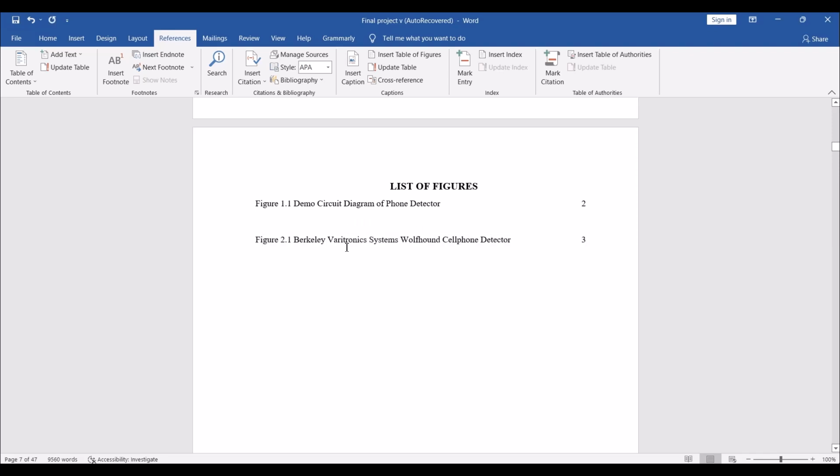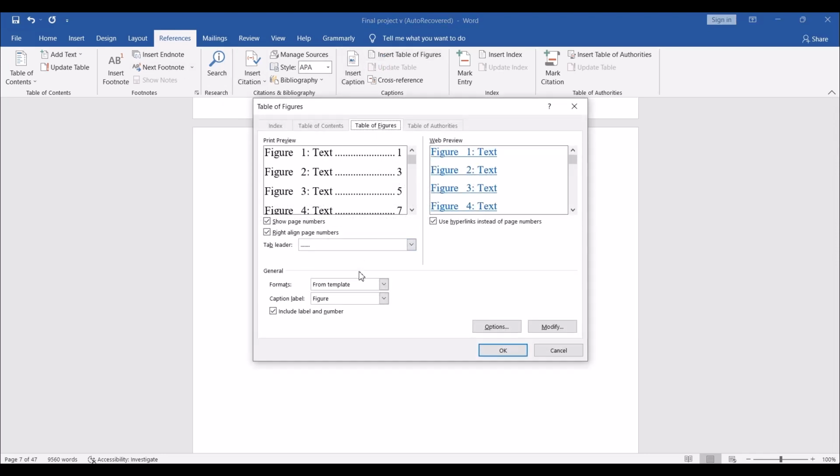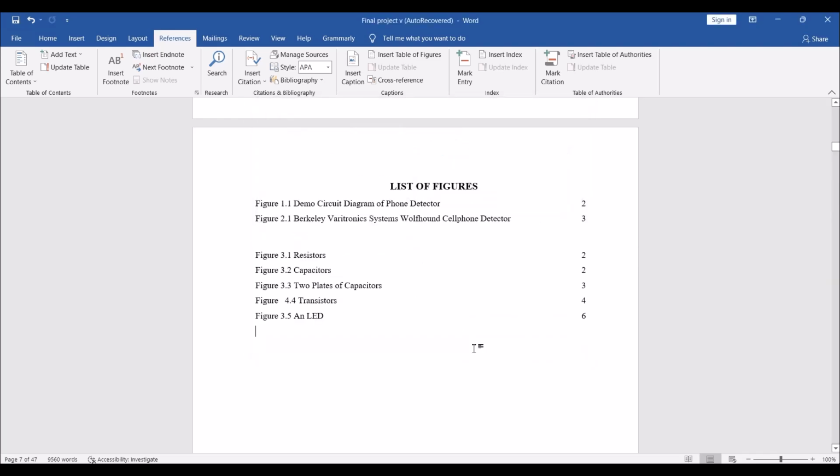All right, to show the chapter 2. Okay, so chapter 2, that means we only had one picture. Then we come to insert table of figures again. Okay, come to the last figure, choose this to none. Okay, then so these are